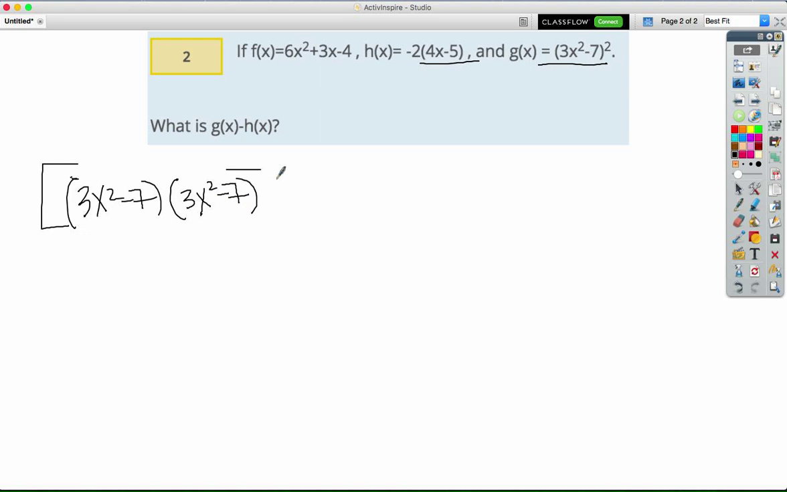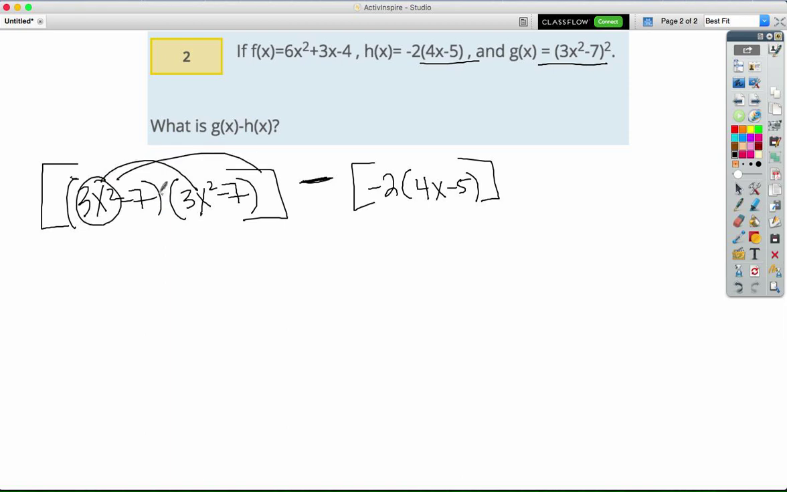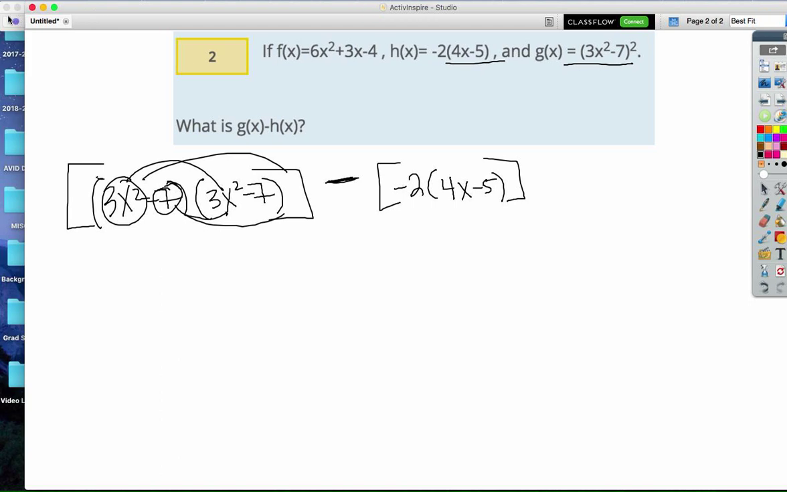And that's going to be, we're going to subtract h of x, which is negative 2 times 4x minus 5. And then the first function, I have to remember the distributive property. And when we did the distributive property, we remembered this goes to both terms, and then we have to come back, and this negative 7 has to go to both terms. So when we do that, that is going to leave us with,